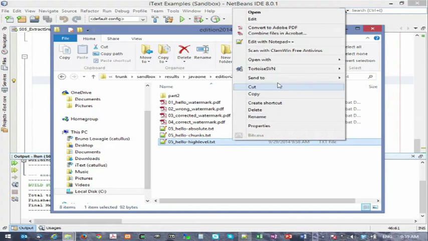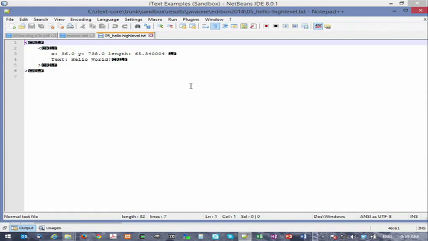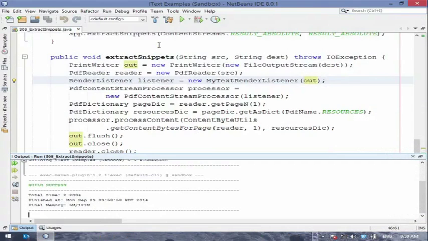I'll show this one first. You can see it's pretty straightforward, as was shown by Bruno in RUPS in the first file. We just have the coordinates, x at 36, y coordinates here. This is the length of this piece of text, and the actual text says Hello World. So very straightforward. We can extract this information.